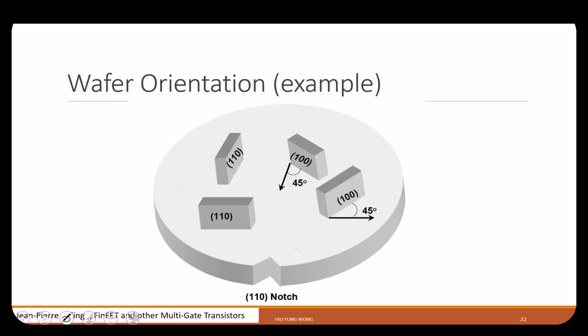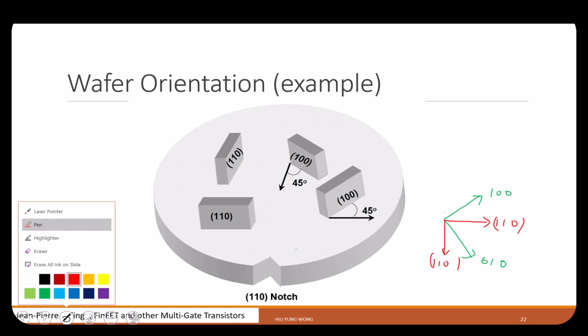So what does it mean? Then it means, let me just draw it, that will be easier. This is 100, and this is 010, for example. Okay, so as a result, here is 110, or here is 110, right? So we don't care about how exactly I put the number, right? Because 110 and 101 are just equivalent. It doesn't matter, right? So if you look at this fin, this one,